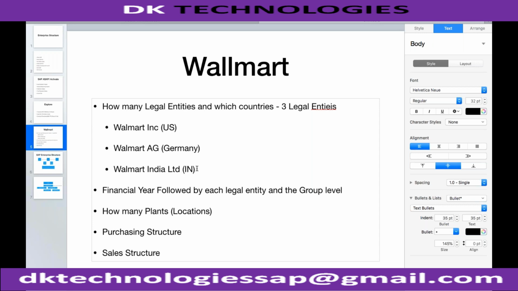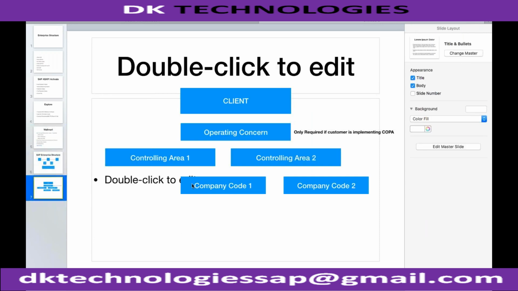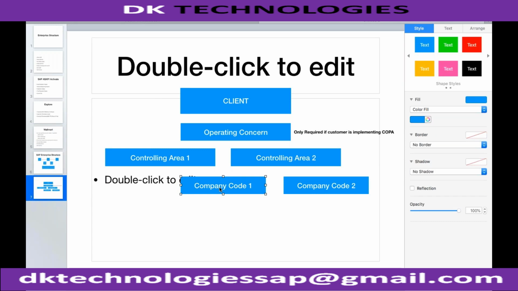Okay, it is not necessary that in India I have only one legal entity. I can have another legal entity also with some other name. Okay, so let's say Walmart India Limited and Walmart Stores India Limited. So we have to check how many legal entities they have registered within India. But in this example, we are considering there is a single entity in the US, a single entity in Germany, and a single entity in India. So these 3 will become my legal entities, and these 3 legal entities in SAP, I have to create as company codes. Okay, so initially I'm just writing the normal conventions. I will copy this, and there we will be providing the